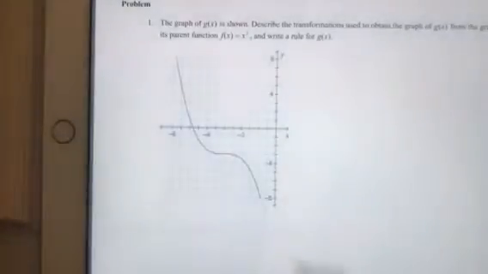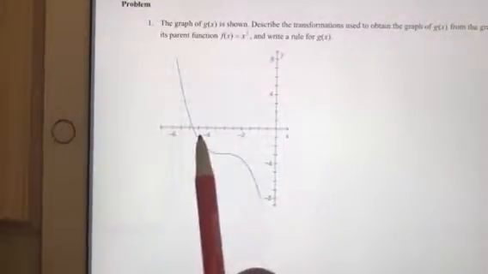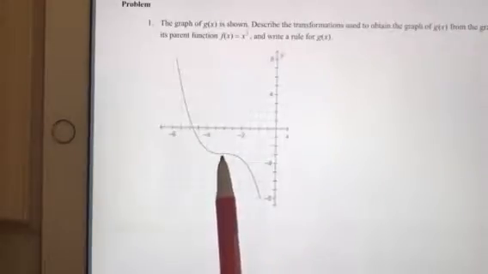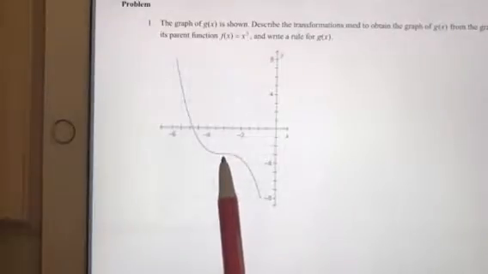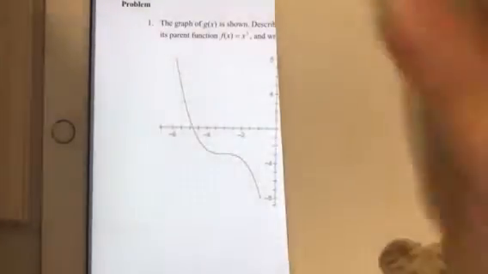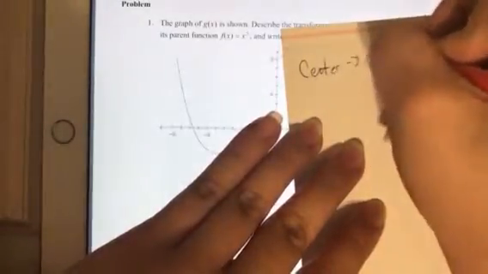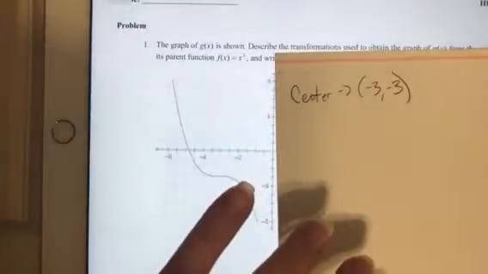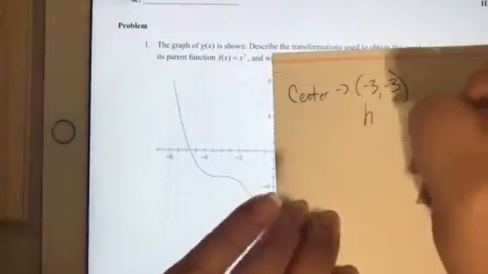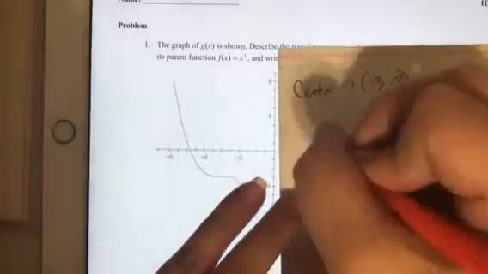So where is my center? It's right here. So on this graph, we go from -2 to -4. So this middle part is -3. And then it looks like these are all 1s. So we're looking at a -3, -3. So my center is at -3, -3. Okay? With that in mind, that means that my h is -3 and my k is -3. Perfect. So I use my template of